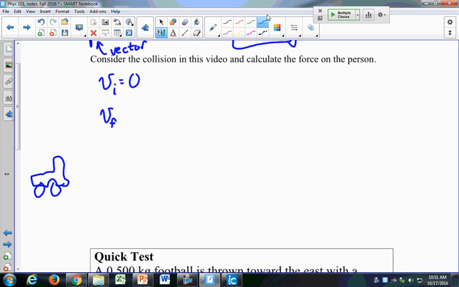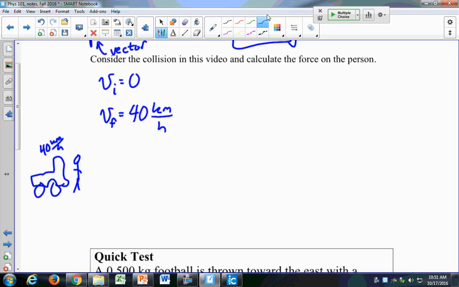there's the car. It's traveling at 40 kilometers per hour. And then you have this guy standing in front of it. The guy is going to go up to the speed of the car. When the car hits him, he's going to go from 0 up to 40 kilometers per hour. So our final speed of our dummy, at least a decent estimate, is going to be 40 kilometers